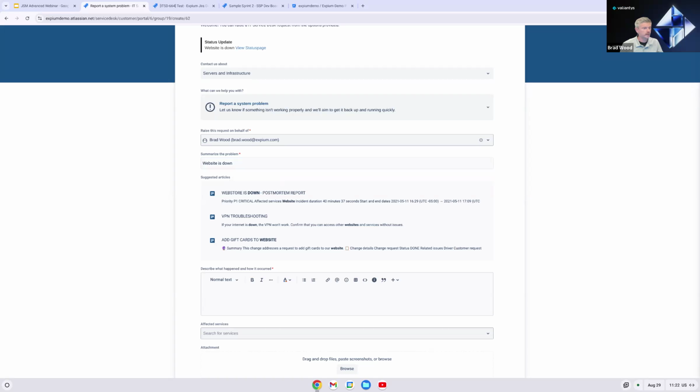The idea here is to promote ticket deflection, and these articles are actually linked to this request type and populating via keywords. So we can see like website and the word down are highlighted in bold here. So that's how these are actually being served up to me as the customer. And the idea is to help our customers solve their own problems and provide more insight into what they're experiencing via these related articles. So I could click into any of these articles and read the documentation and perhaps solve my own problem. In this case, these are not going to help solve my incident,